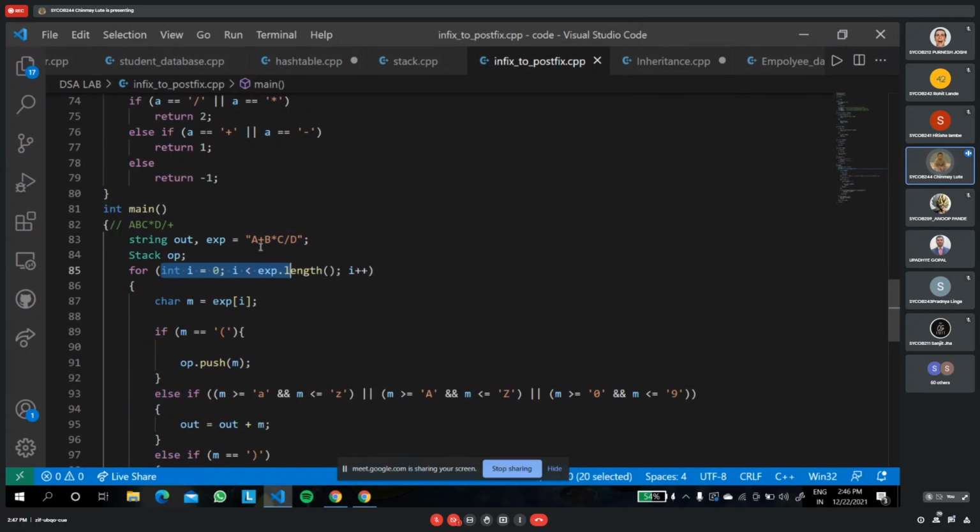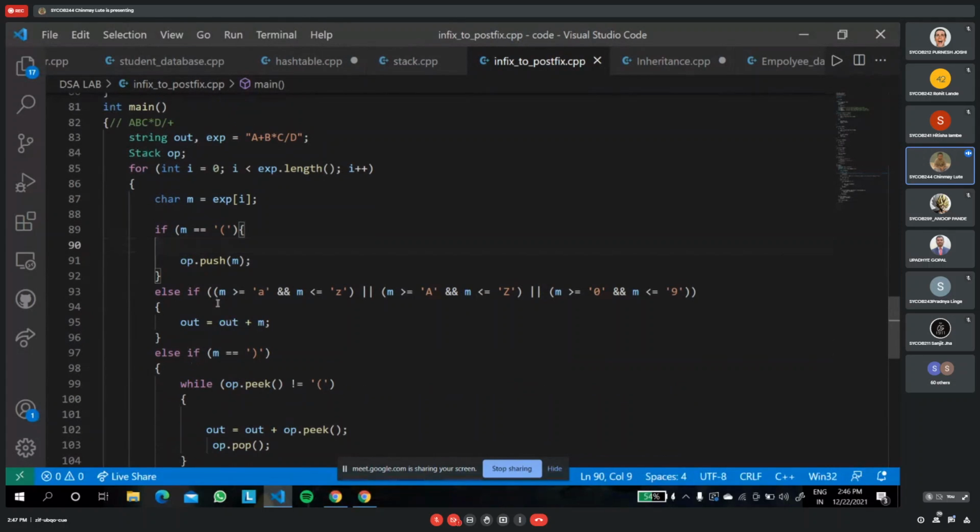Sir, we are traversing the whole string character by character. If we encounter a left parenthesis, then we will push it into the operator stack. If we encounter any alphabet, small or capital, or any number between 0 to 9, then we will append it to the out string.